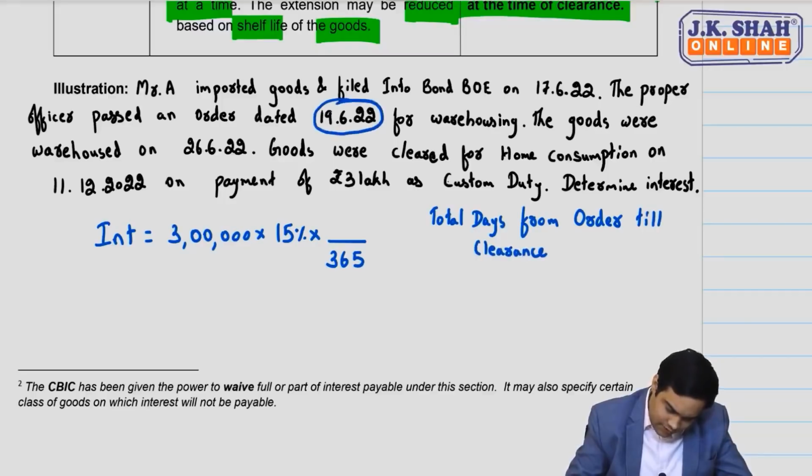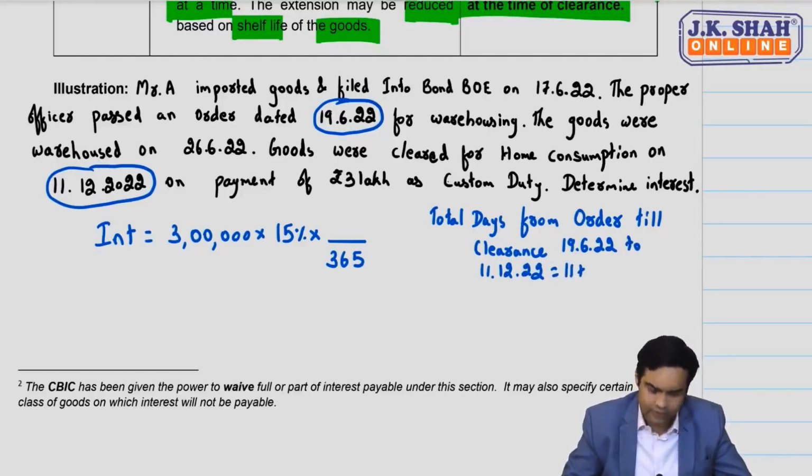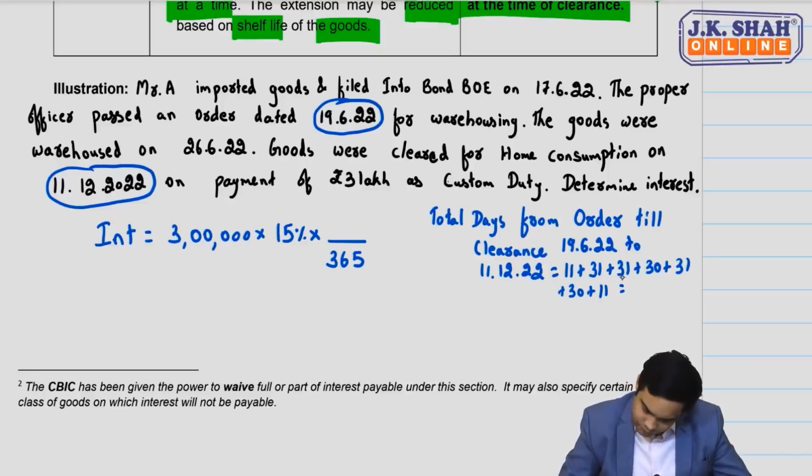See, order was given on 19/6. Clearance happened on 11/12. So 19/6 to 11/12/2022. We are required to calculate the number of days. Let's see. June will have 11 days, correct? July, August, September, October, November, and 11 days in December. Now the total of this entire thing comes to 175 days. Let me re-verify. So you have